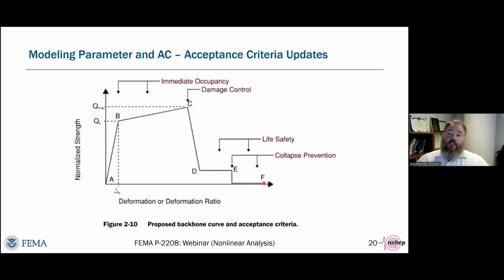So there are now provisions in there that if you have enough test data, you can set your modeling parameter, your collapse prevention acceptance criteria, at a multiple of the loss of vertical load carrying capacity. I believe it's the 25th percentile on a statistical distribution of point F. If point F is the median, that relates to about 70% of the median, depending on the coefficient of variation of your test data. Now, obviously, that's not going to be done often because, as I said before, most things don't have this, but we're setting the stage for this. So we still retain the ability to set it the old way, where you set it at point E and march back.